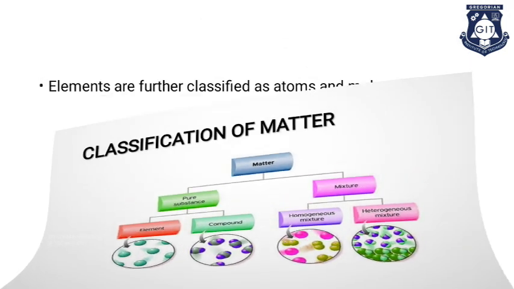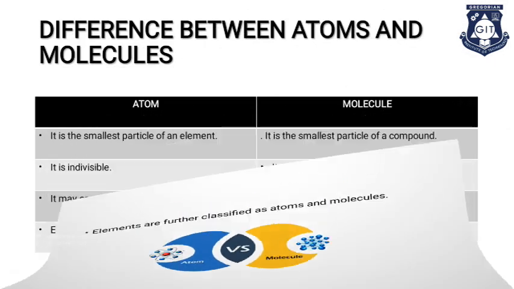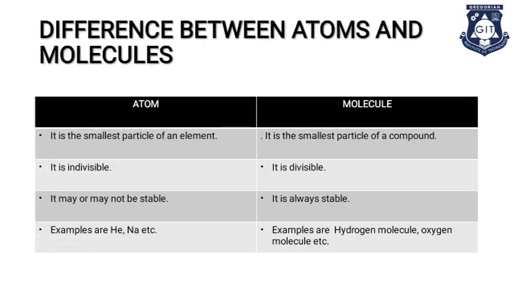The elements are further classified as atoms and molecules. Now let's find out the differences between atoms and molecules. An atom can be considered as the smallest particle of an element, whereas molecules are considered as the smallest particle of a compound. Atoms were considered indivisible, which means that atoms cannot be further divided into simple or smaller substances, whereas molecules are